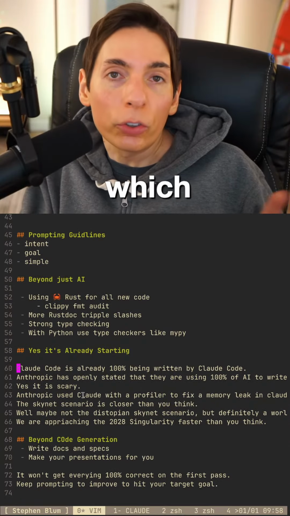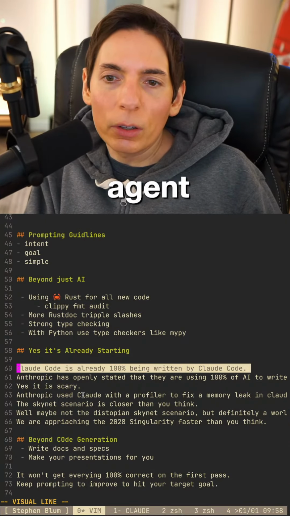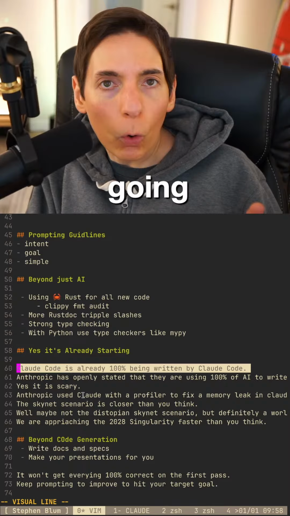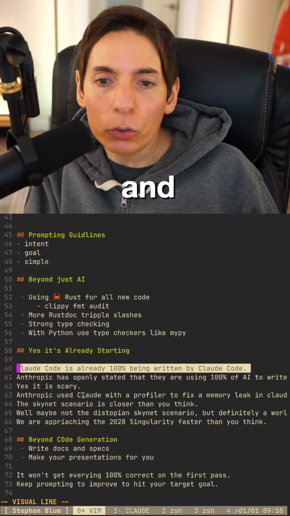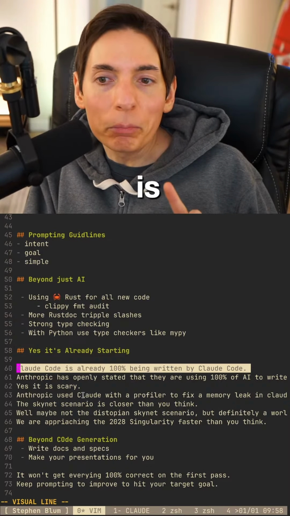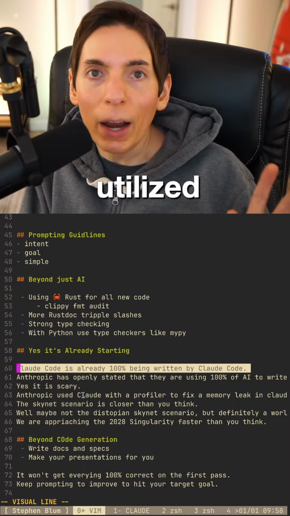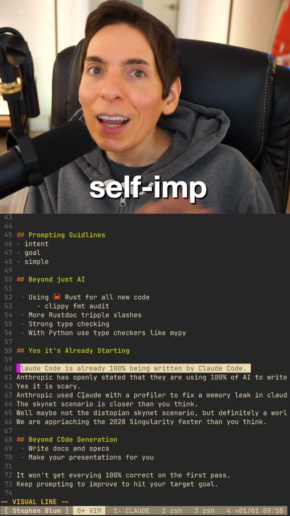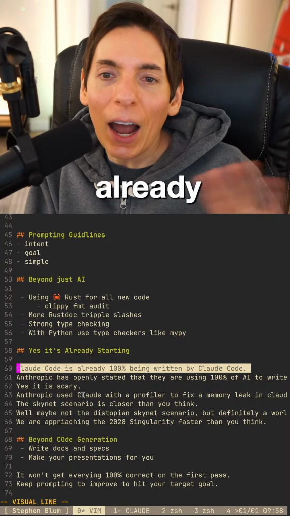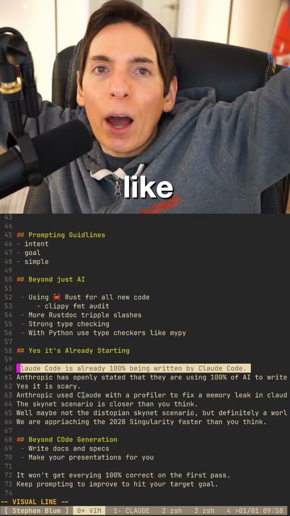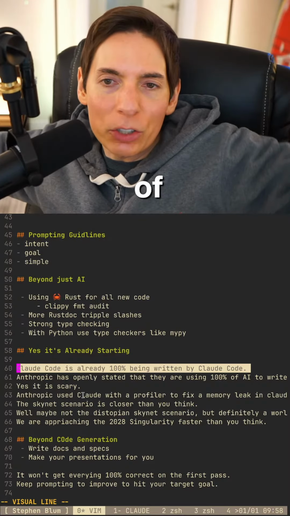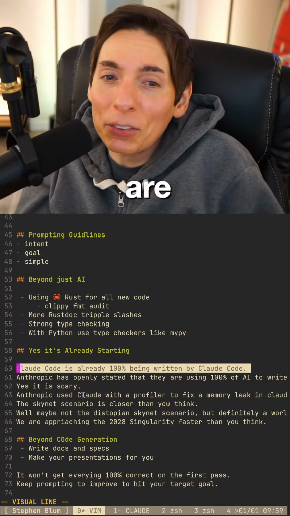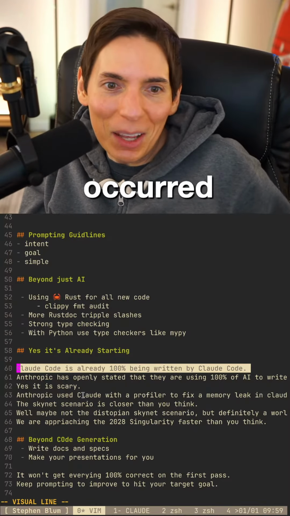Claude Code, which you know is a coding agent, as of this week, Anthropic told us that it is being 100% utilized to write itself. So it is self-improving. Already in 2026, it's already happening. I know there's some like cloud and fog of AI religion that's going on in this. These are facts that have actually occurred. I know, right?